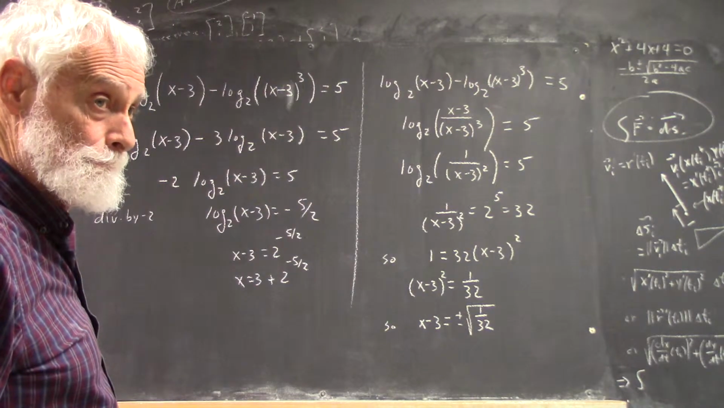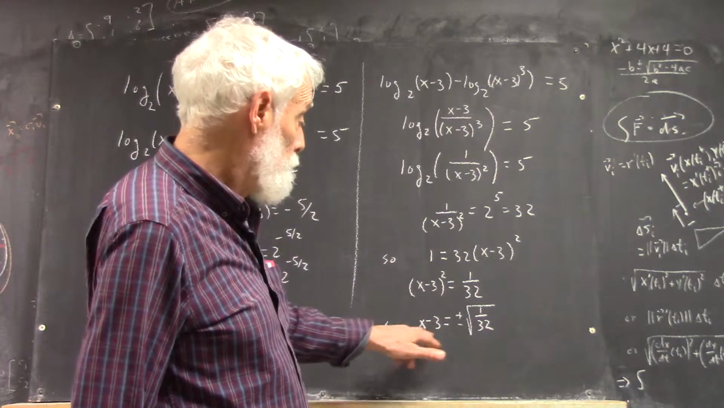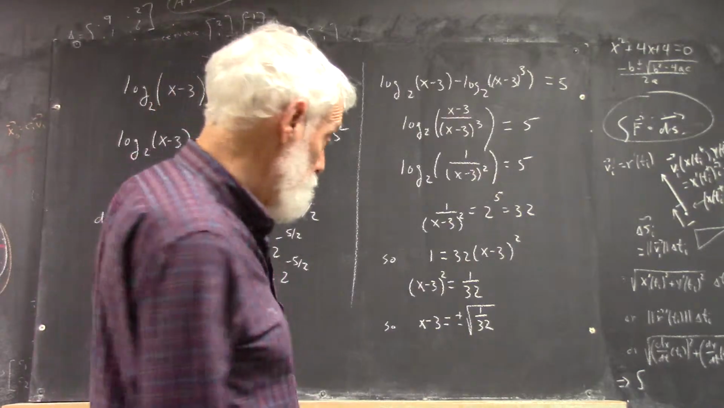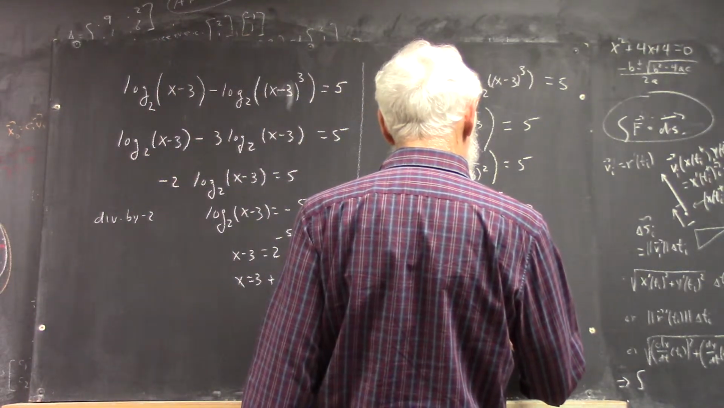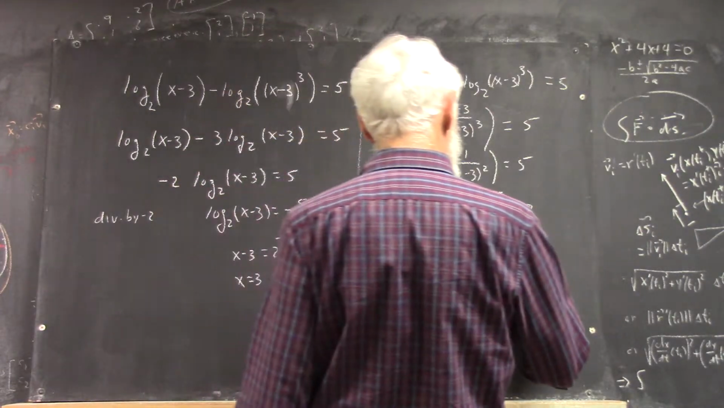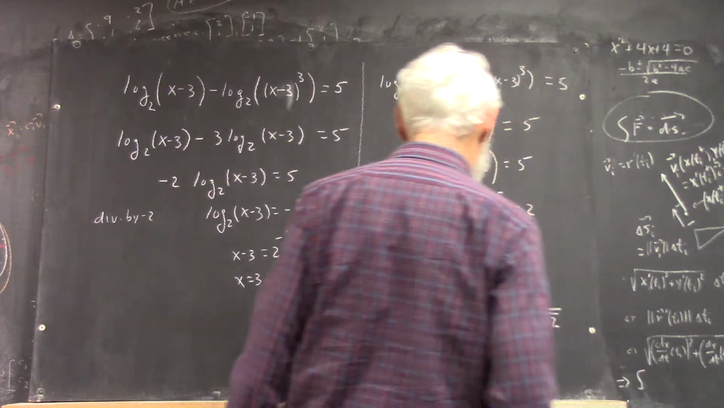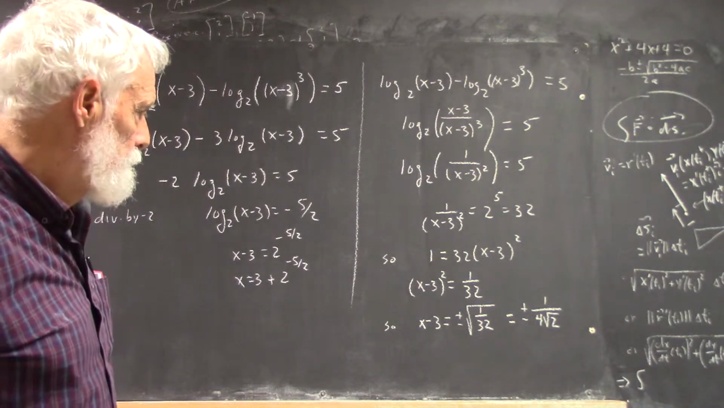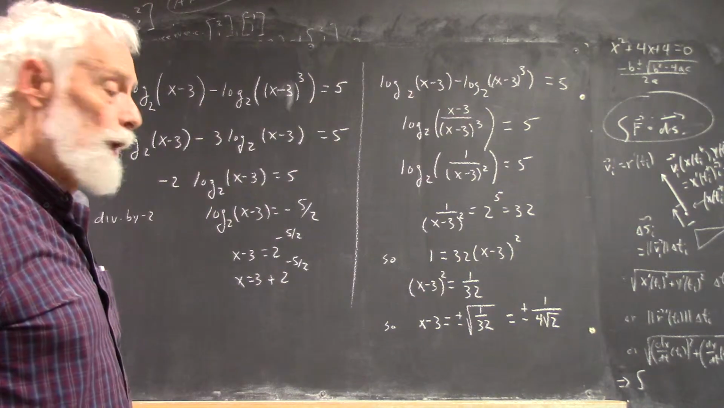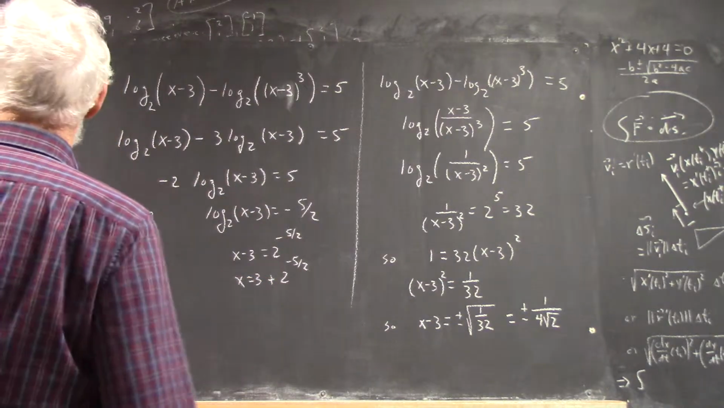Okay? Because if something squared is 1 over 32, that something is square root, plus or minus the square root of 1 over 32. And 1 over 32 is 1 over 16 times 2. So this is plus or minus 1 over 4 square root of 2. So obviously, x equals this, right? Okay, well,